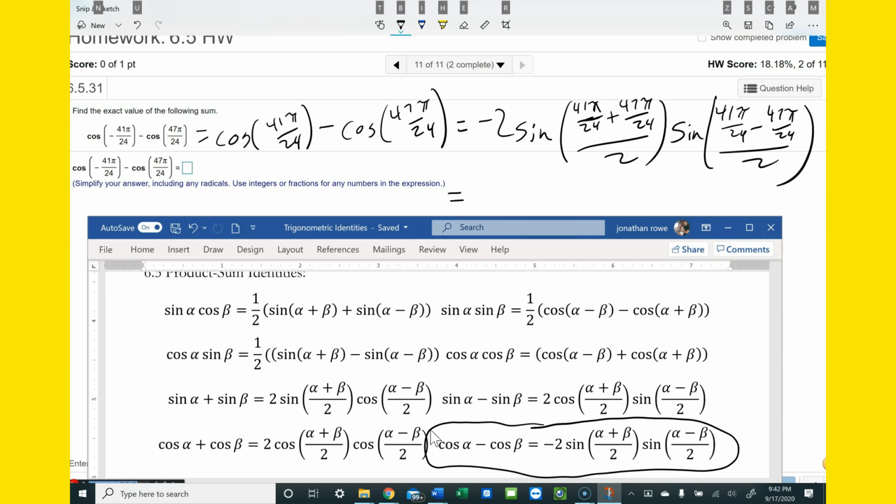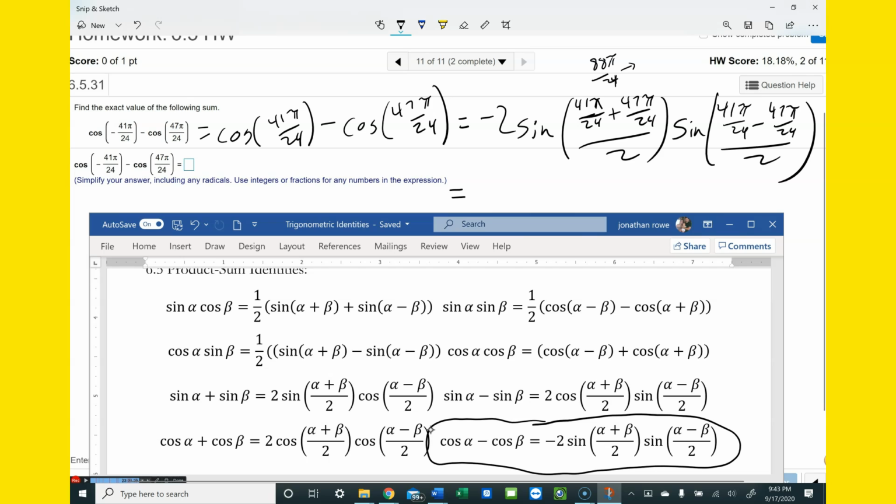41 plus 47. That's 88. That's 88 pi over 24. Well, if I divide both of those by 8, that reduces to 11 pi over 3. And 11 pi over 3 is one of my special angles. I think I can do that. 11 pi over 3 is,